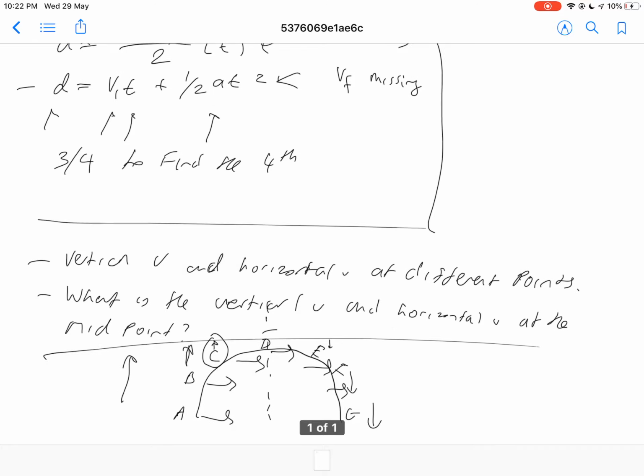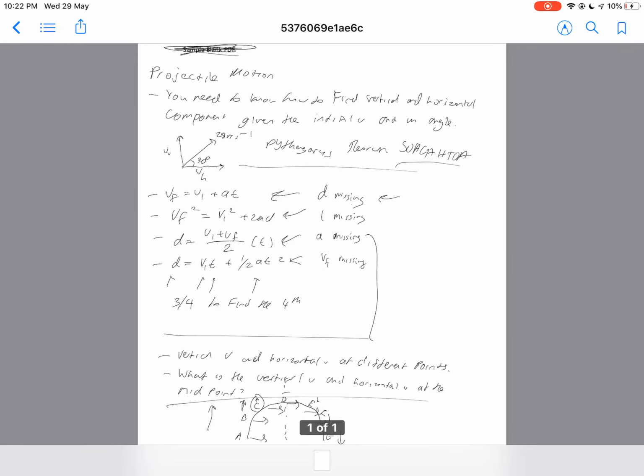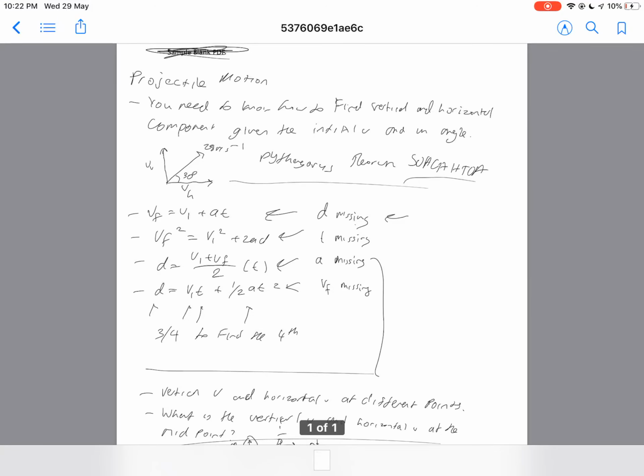Another question might tell you to explain the effect of the forces acting on the ball. What that means is they want you to say that the horizontal component is always constant because there are no horizontal forces acting. They want you to mention that the vertical velocity is decreasing, and eventually at the midpoint it'll be 0, and then it'll start increasing downwards, and this is because gravity acts downwards.